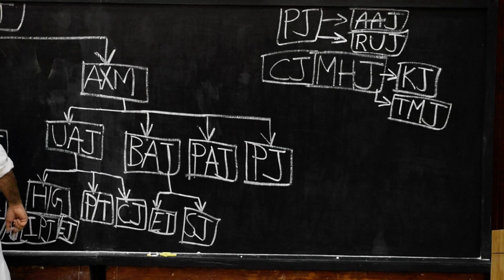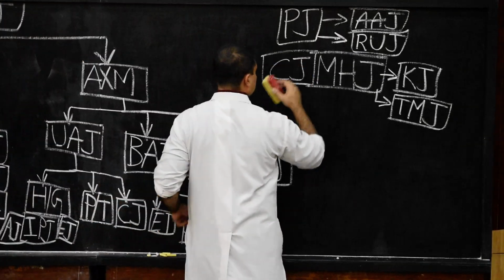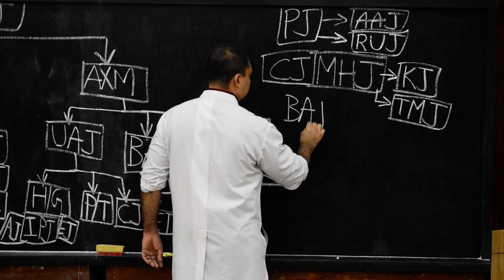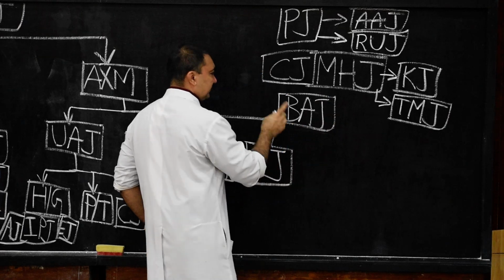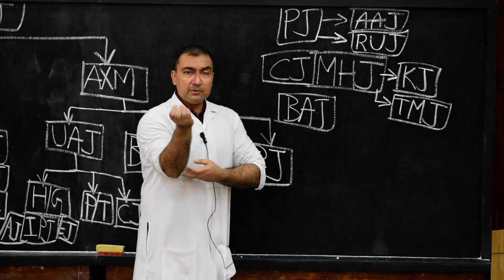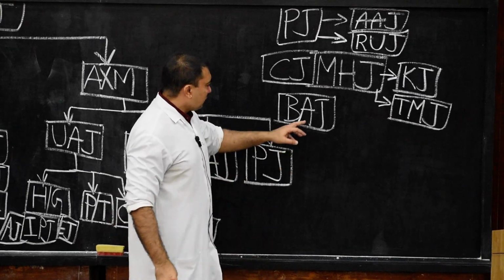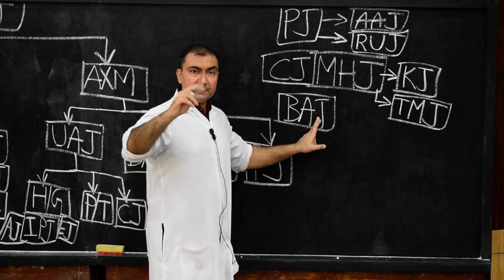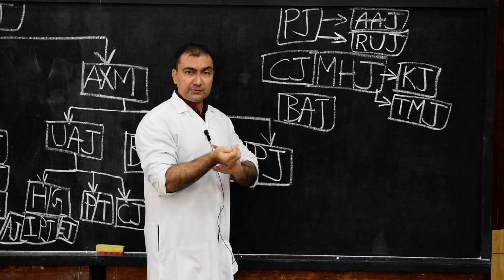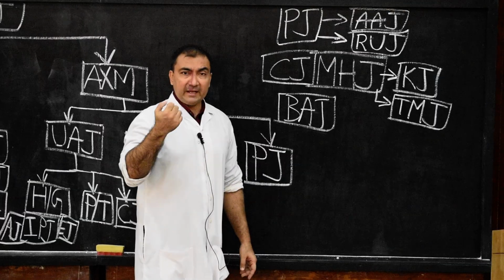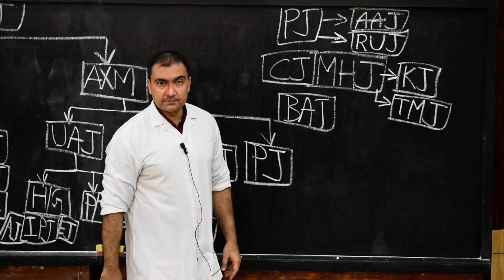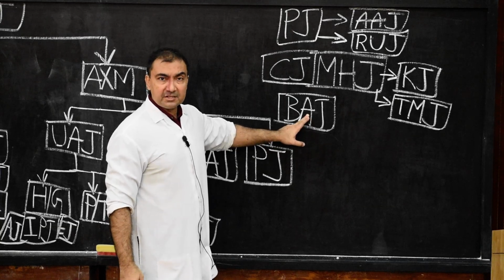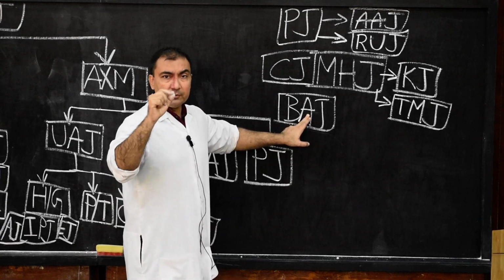Now I will create some space here, or else we will just write down biaxial joints. What are the characteristic features of biaxial joints? Biaxial joints will have 2-degree freedom of movements. That is, they will move around two different axes, the transverse axis and the anterior posterior axis: flexion, extension, abduction, adduction. These are the movements taking place at two different axes in biaxial joints. And they are classified into ellipsoid variety and saddle variety.